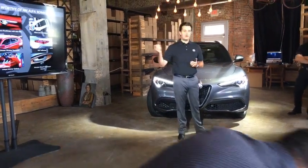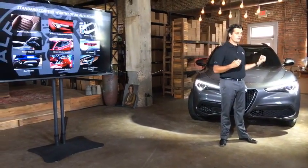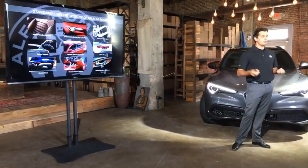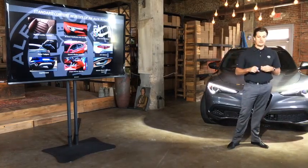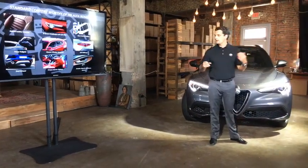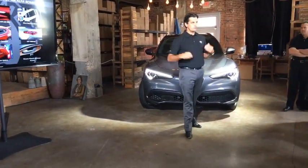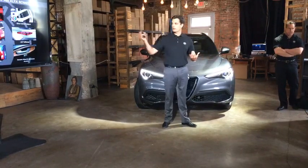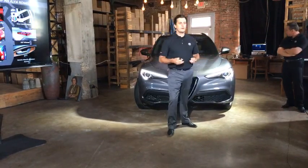We offer a chrome or a stainless steel brushed aluminum roof rail, as well as window surrounds. And if you opt for a sport package, I'm going to go into a little detail a little later, it will be turned into gloss black, a little more sporty look. LED tail lamps, and every Stelvio will come with a dual exhaust. As you can see, it's very prominent on the back with the air diffuser, again, giving people something to chase